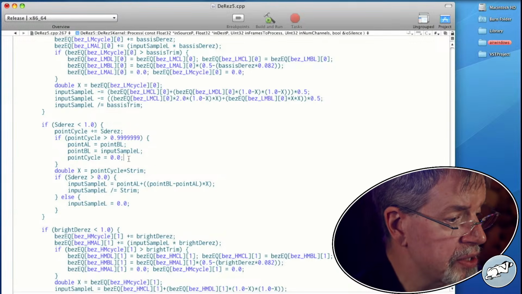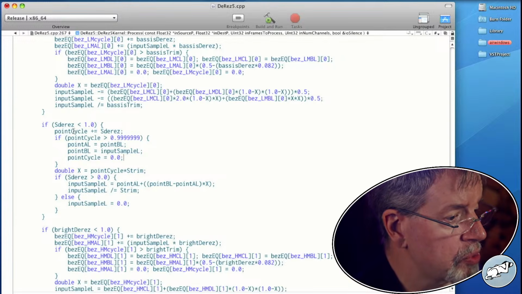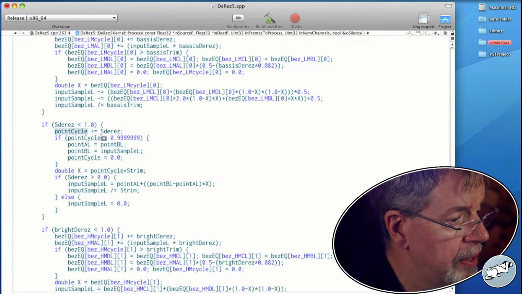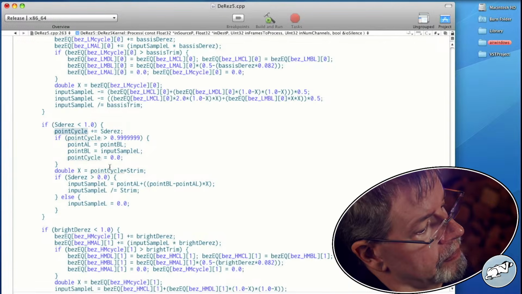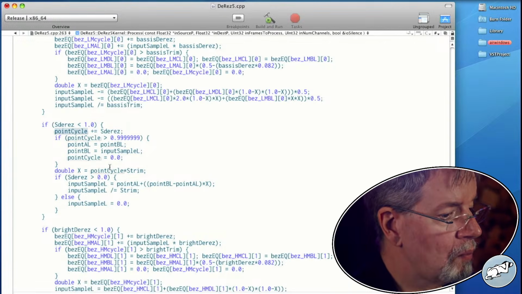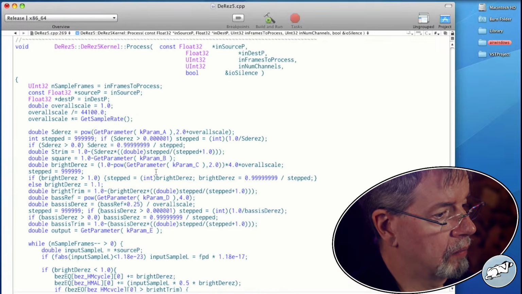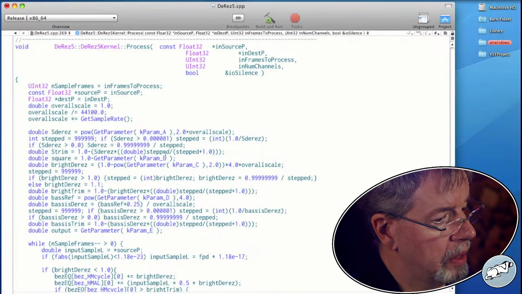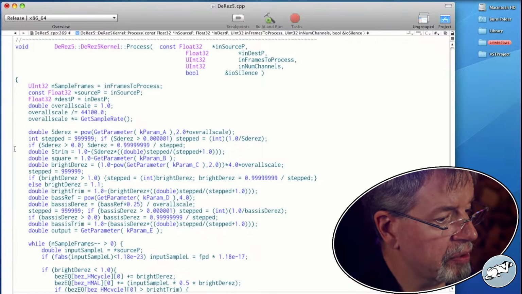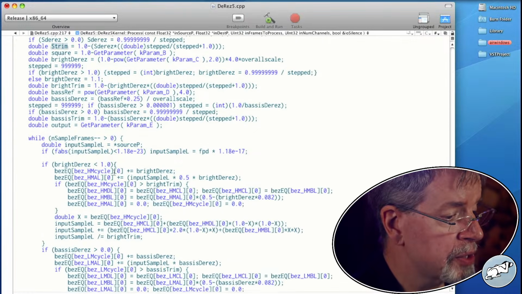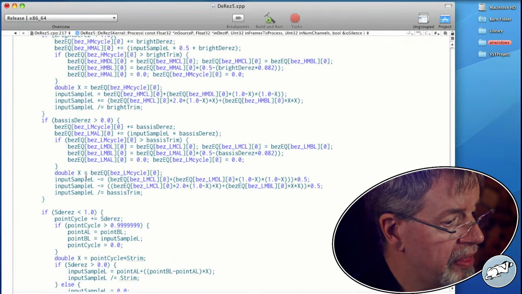Here's where we reset stuff. Here's where this starts getting added. Here, this looks like a correction factor of some kind. Yeah, that's a correction factor of some kind, but I'm also going to want to incorporate this.